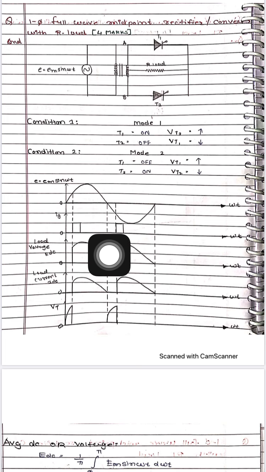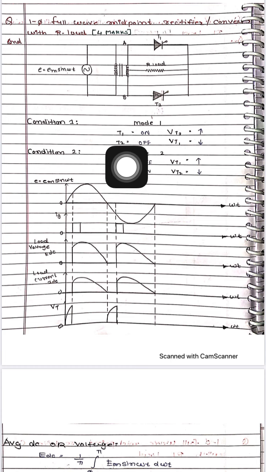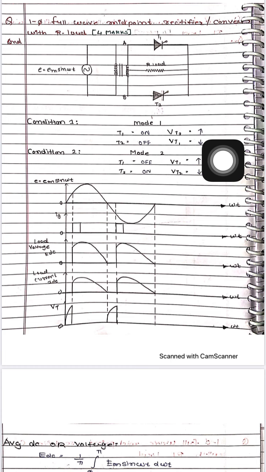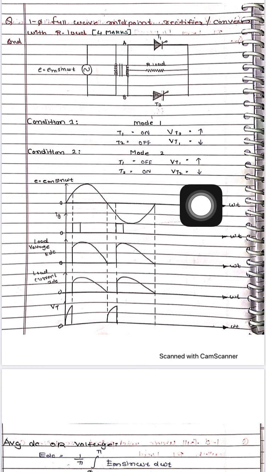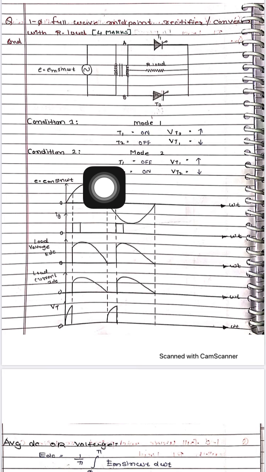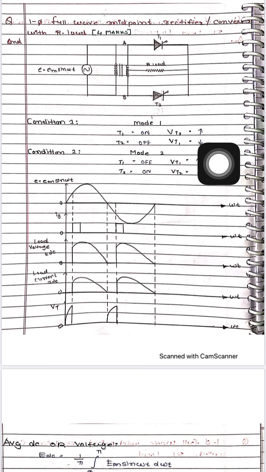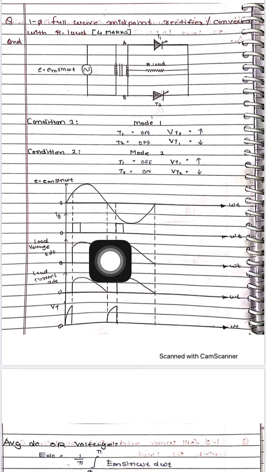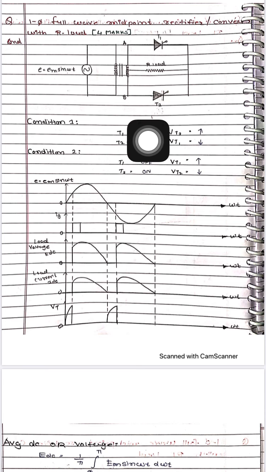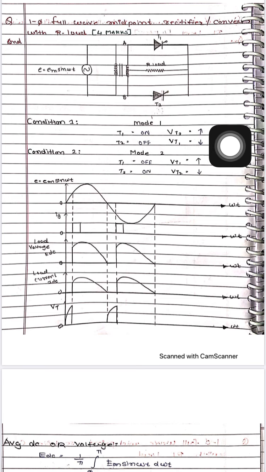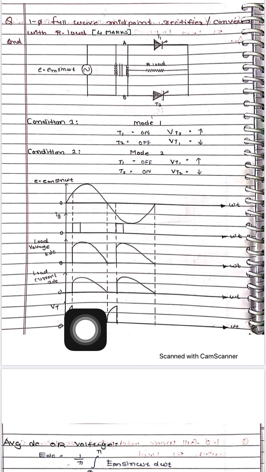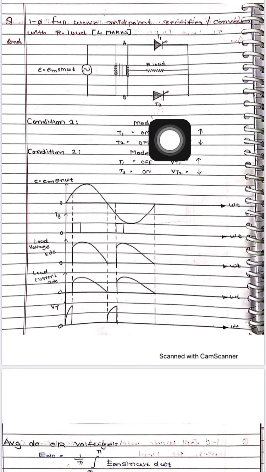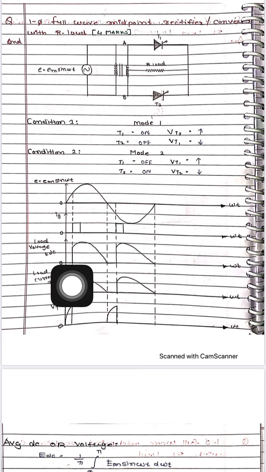Okay, so if you mention the pulse generator in the MATLAB function, if you want to define your pulse generator block, and you have to give the firing angle alpha is equal to 30 for T1. For the T2 cycle, you have to add 180, so whatever the value of T2, that is 180 plus 30 degrees. Then you can get this waveform. We will see the MATLAB simulation and practicals.